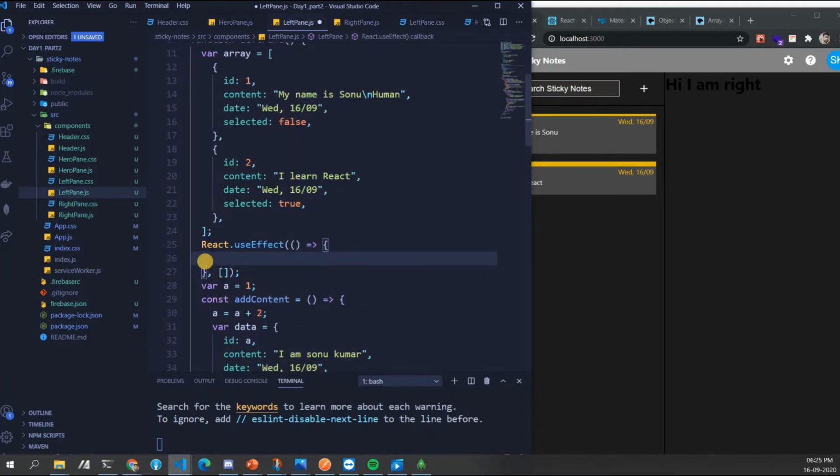What are hooks? Basically, when we talk about functional components, any kind of change in your data is done by hooks. Hooks can be defined as a kind of function running internally, a predefined function running internally to capture change in data and all those things. So it works like that. Cool.